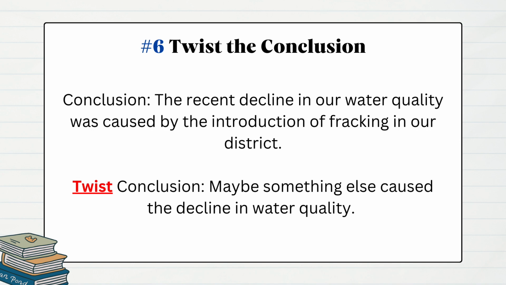Basically it would be, maybe something else caused the decline in water quality. The purpose of this is that we want to understand it from a different angle. And sometimes by looking at this different angle, we'll see something we didn't see initially, and from that, we can get the correct answer. Also be mindful: tip number 1 was that we're trying to weaken and strengthen the argument. So when you do this process, still be mindful of the premises that lead to the conclusion. But even so, this tip is very helpful. And that's it. I hope these tips are helpful, and if you have any further questions, just let us know.